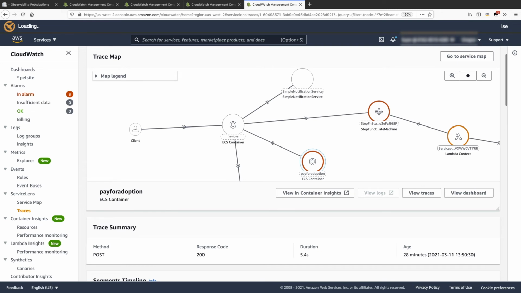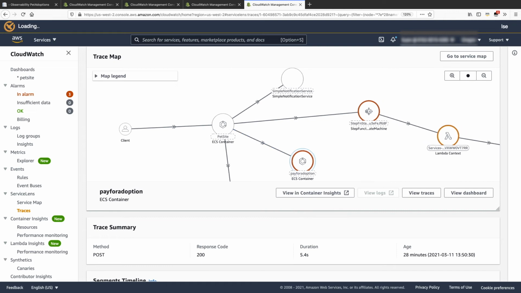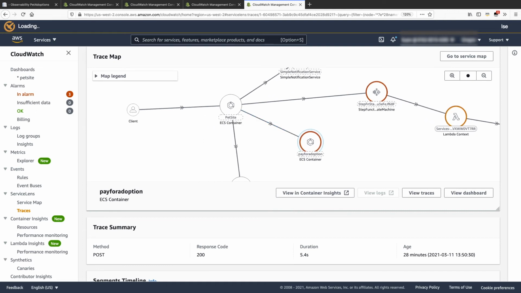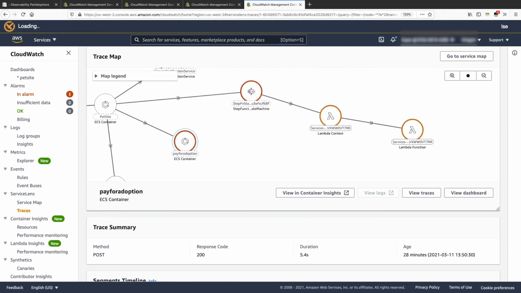Here we go. We got a trace map. It is a visual representation that shows how the request initially sent by the end user traverses all the microservices. The end user initiated the request, then hit the front end, and then the Pay for Adoption service, and then invoked other Lambda functions.